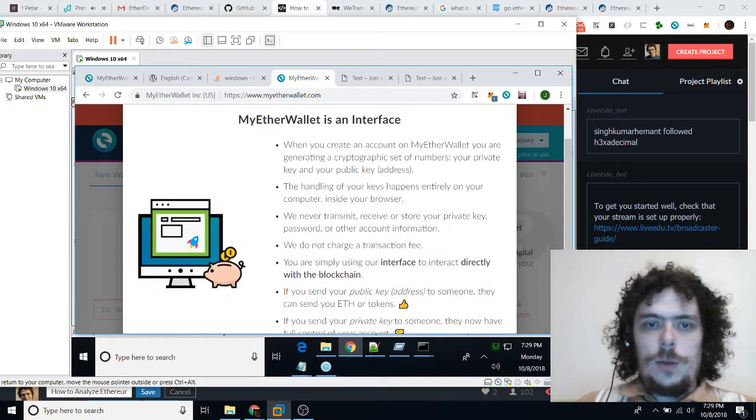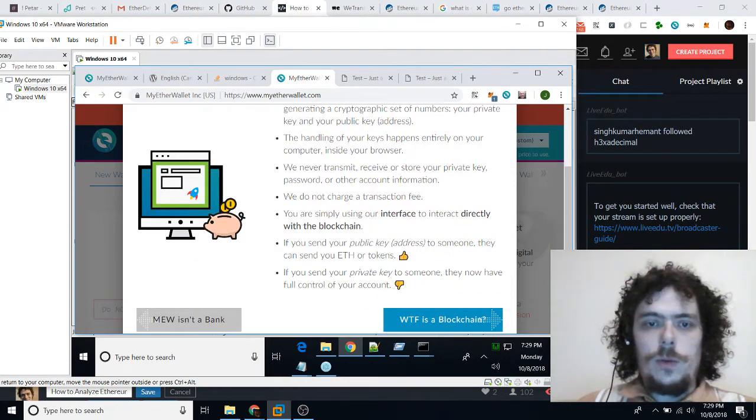charge. MyEtherWallet is an interface. When you create an account on MyEtherWallet, you are generating a cryptographic set of numbers, your private key and public key or address. The handling of your keys happens entirely on your computer inside your browser. It doesn't hit a server anywhere. We never transmit, receive, or store your private key, password, or other account information. We do not charge a transaction fee. You are simply using our interface to interact directly with the blockchain. If you send your public key or address to someone, they can send you Ether tokens, which is a good thing. If you send your private key to someone, they now have full control of your account, which is a